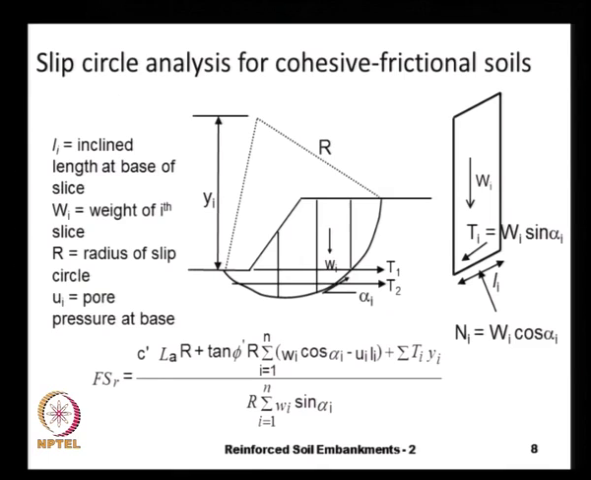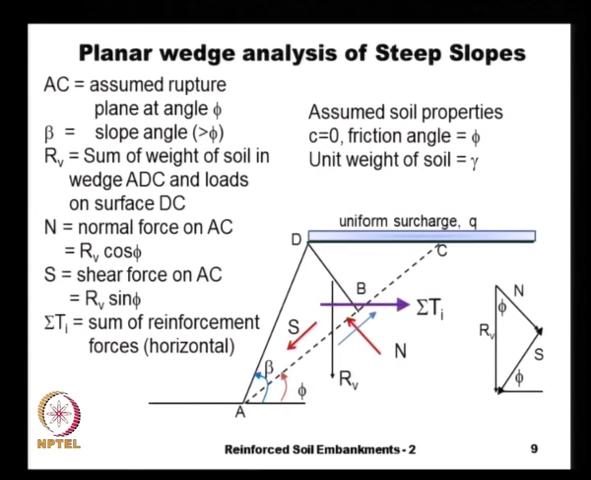And this method is recommended in the Federal Highway Administration code, and even in the BS code they recommend it, but it is only for preliminary analysis, and we have a number of other analyses that we can consider. One simple method is the planar wedge analysis of the steep slopes. We will understand the principle of the slope stability analysis with this,